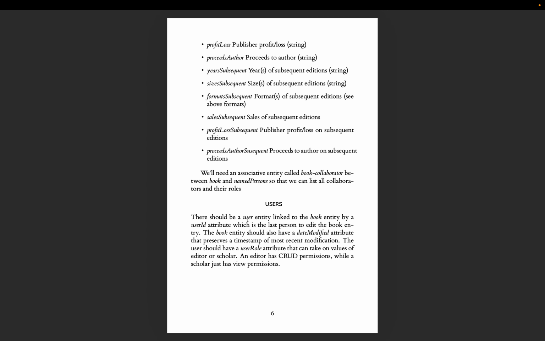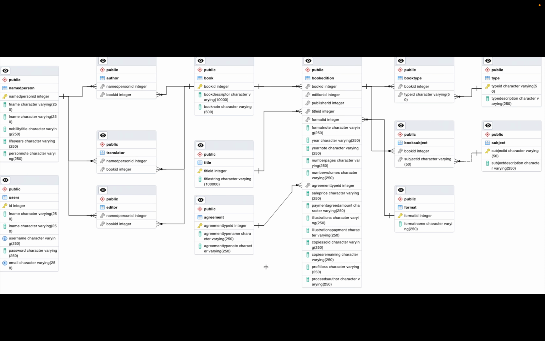So we need a user entity and a user role that is either an editor who has all the CRUD permissions, that is, they can create, read, update, and delete entries, and a scholar who has read permissions only. So here's the ERD itself, and this ERD was generated by a system in PostgreSQL, the database package